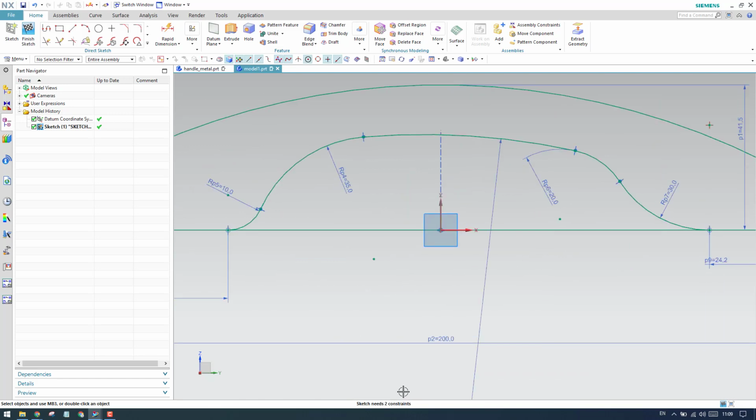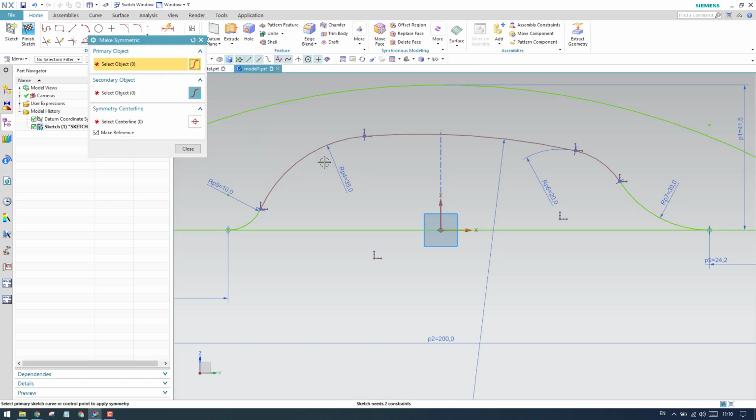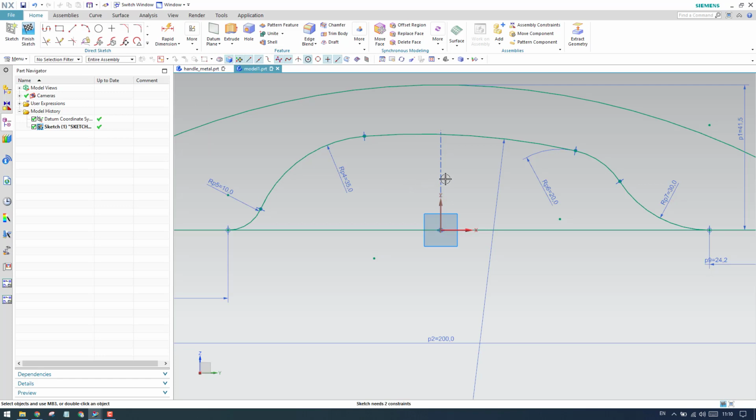Now we are left with two more constraints, so let's check what the constraints are. I think this should be concentric, symmetric. So let us give a symmetric between this point and the y-axis. Now let us give one more dimension for this arc.